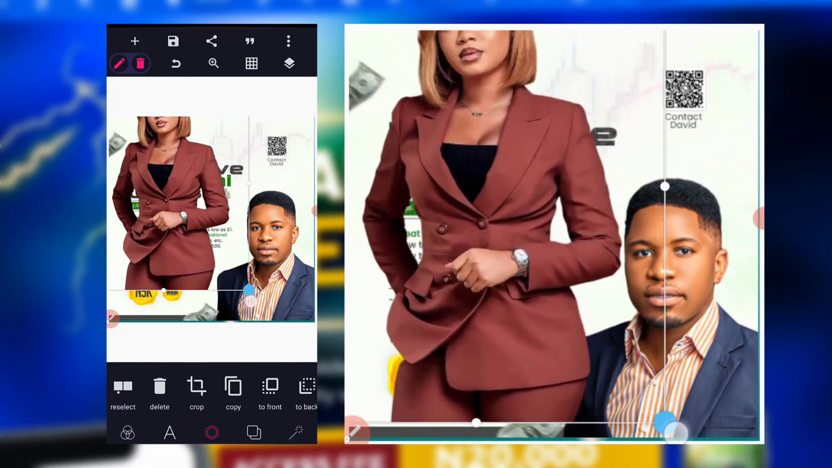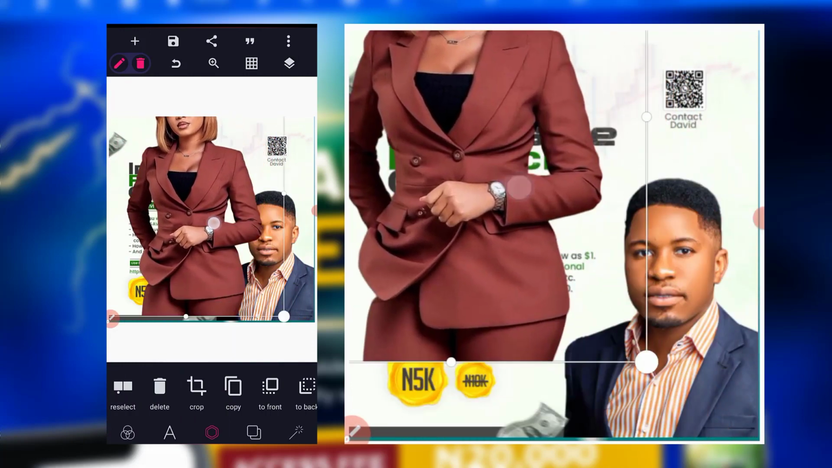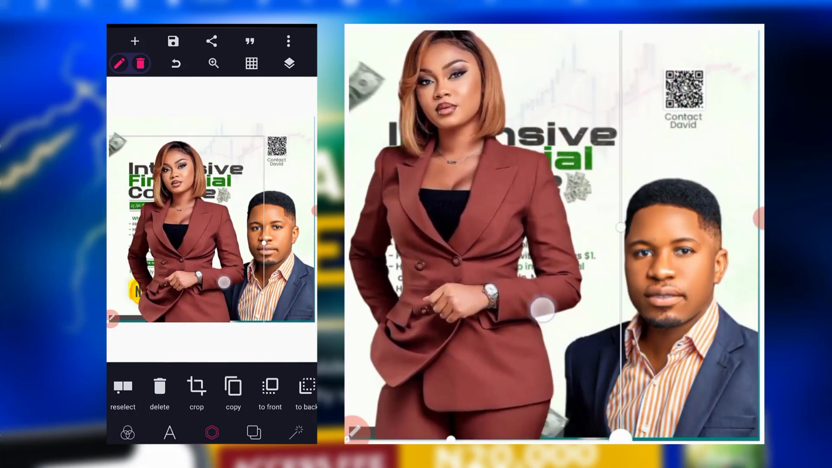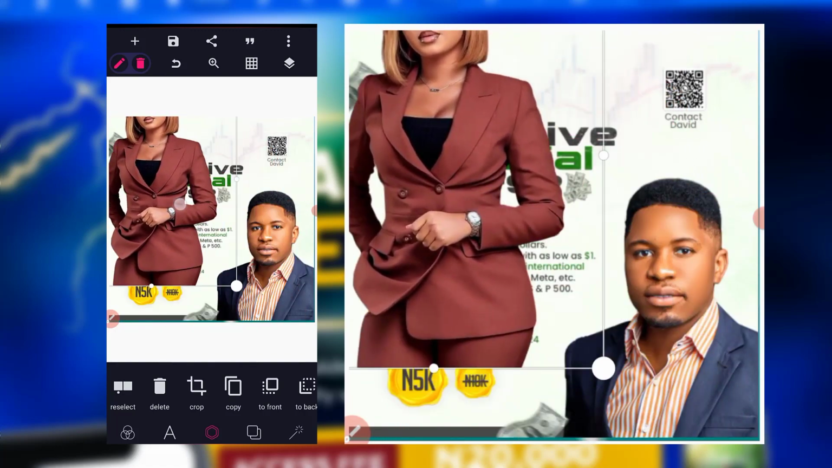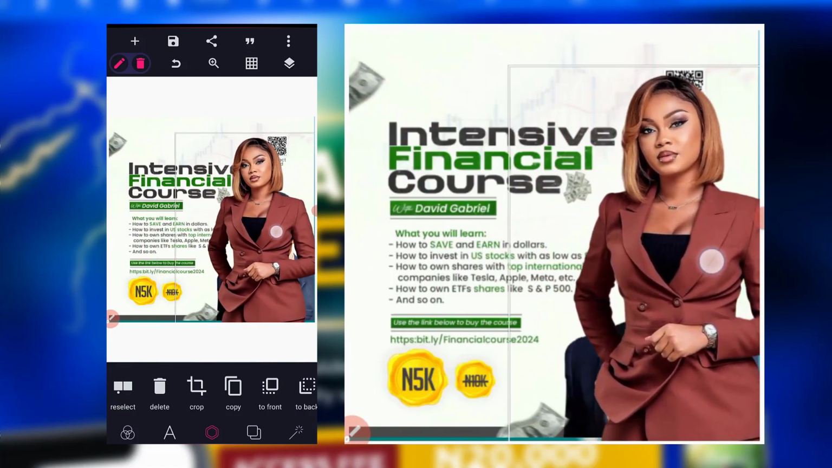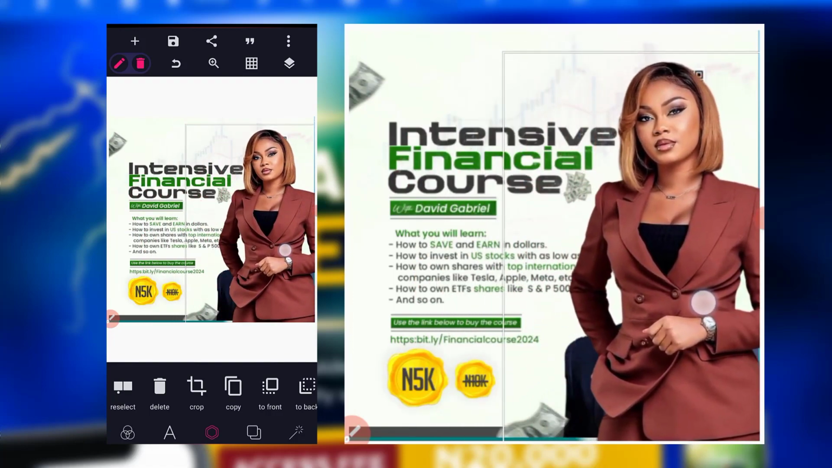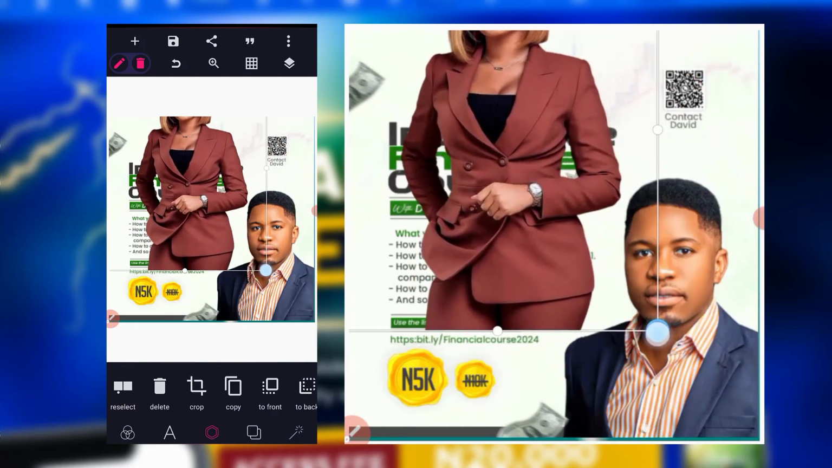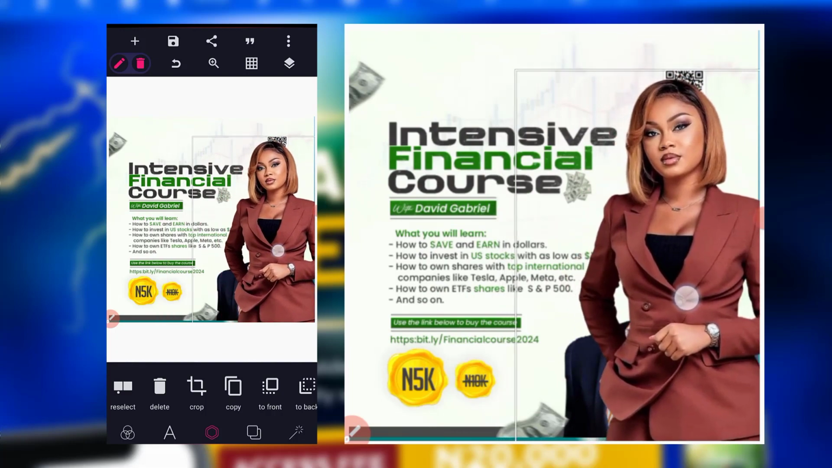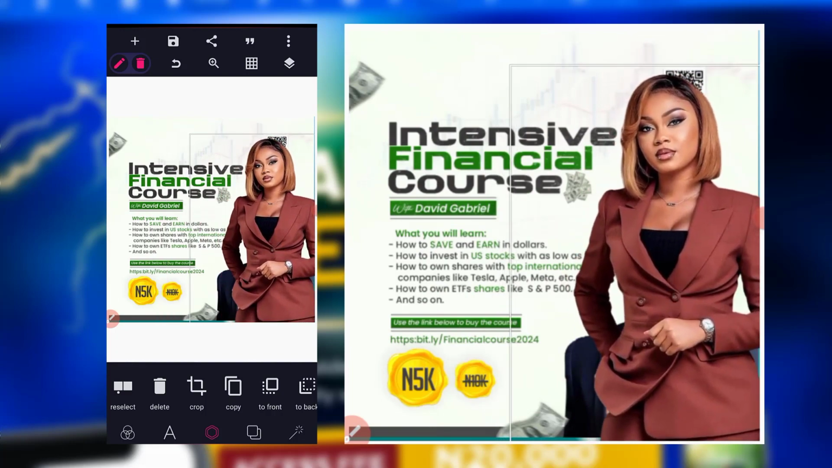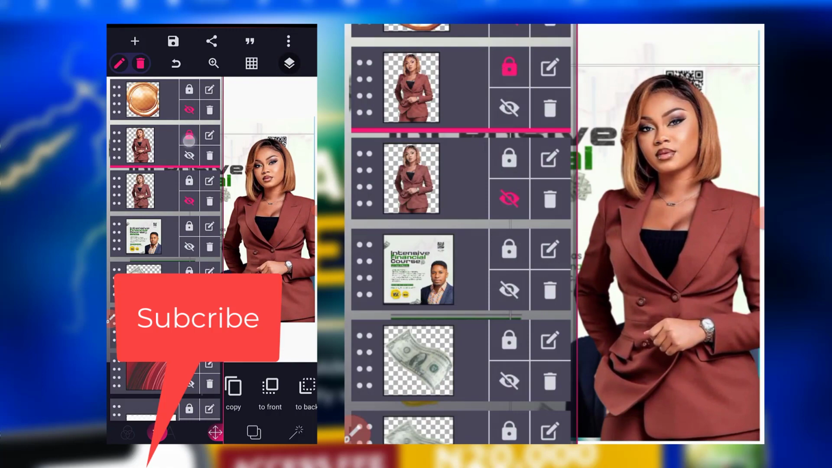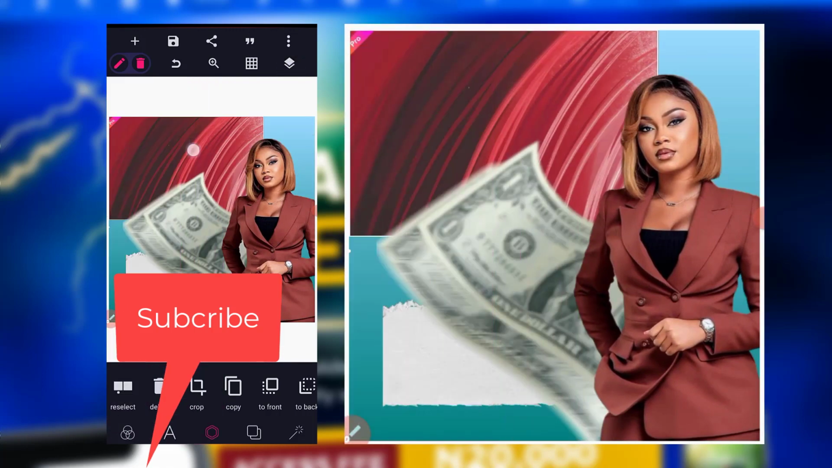So I've increased the model. Let me increase her. Now, spoiler alert, I haven't created this flyer before. I'm just creating it for the first time. So then, so